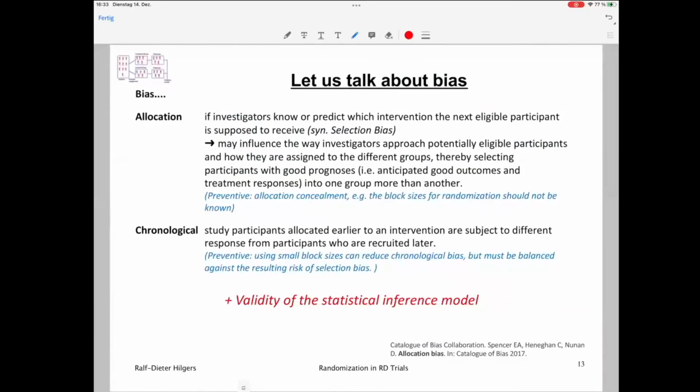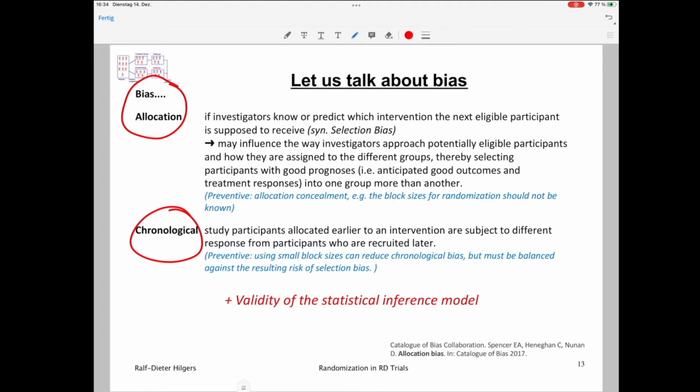So let me give you some very small comments about bias. We have allocation bias or selection bias, and chronological bias. Allocation bias is when the investigator knows or predicts which intervention the next eligible participant is supposed to receive, and that is a synonym for selection bias. That may influence the way the investigator approaches potential eligible participants and how they are assigned to the different treatment groups, thereby selecting participants with good prognosis into one group more than into the other group. So it's sometimes unconscious and not a very